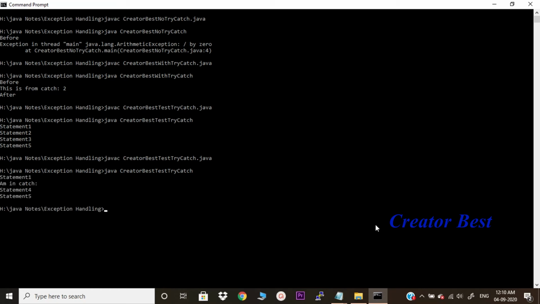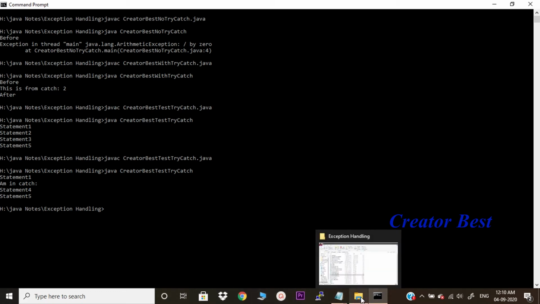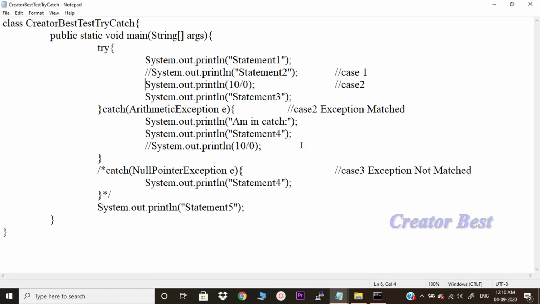I am running. See, statement 1 got executed, and then it is looking for its corresponding catch. When 10 by 0 is executed, it throws an exception, that is, an arithmetic exception.